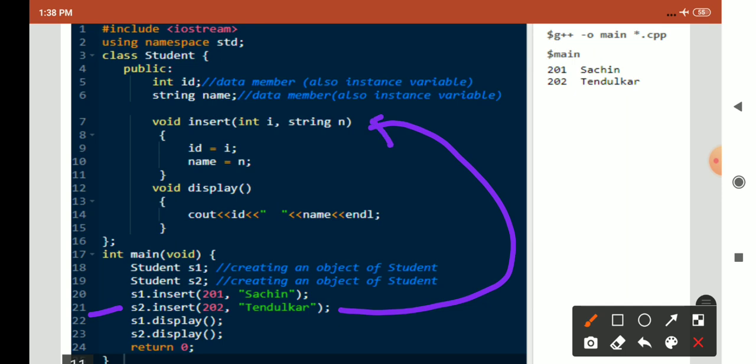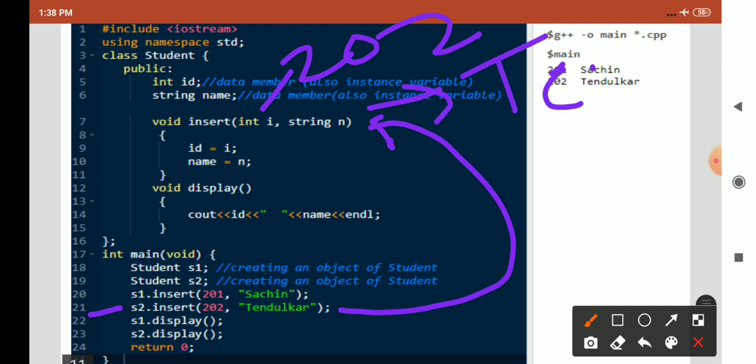Suppose insert is called, then control goes to the insert function, and now the i value is 202 and the n value is Tendulkar. Okay, and again those i and n values are passed to id and name respectively. So this is the working of the insert function.